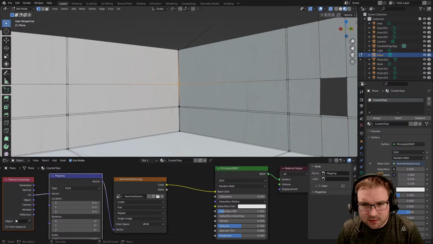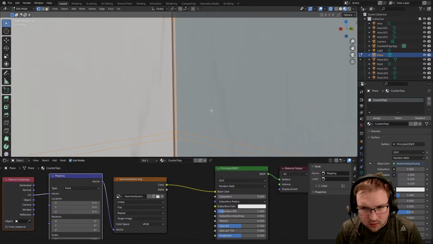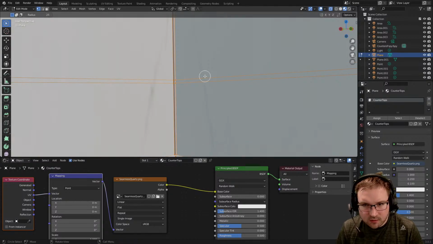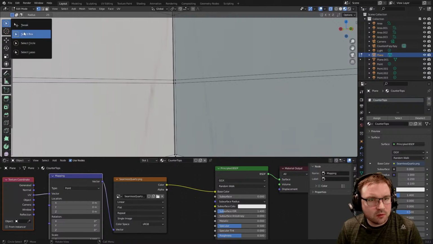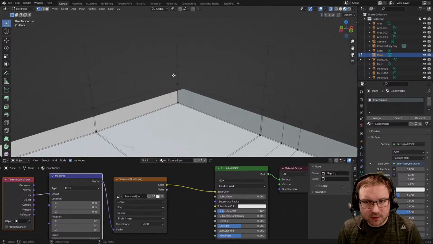How would I do that? Let's do this. Let's go scale. Oh. Now we're gonna select all these vertices. What am I doing right now? Why am I in that weird mode? Yeah, Blender is very confusing if you don't know the